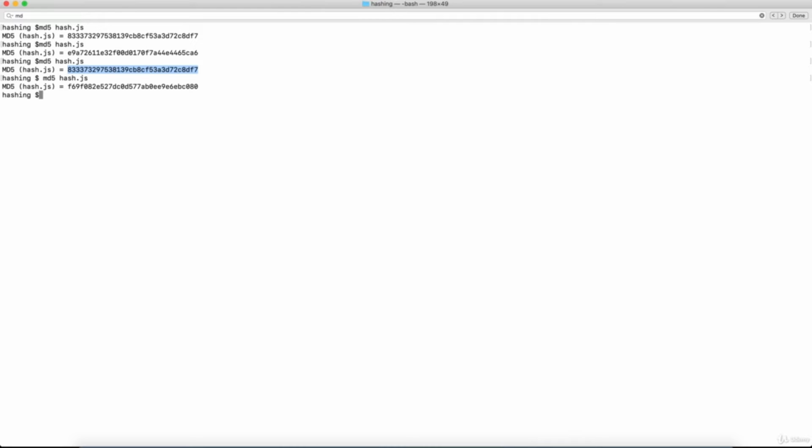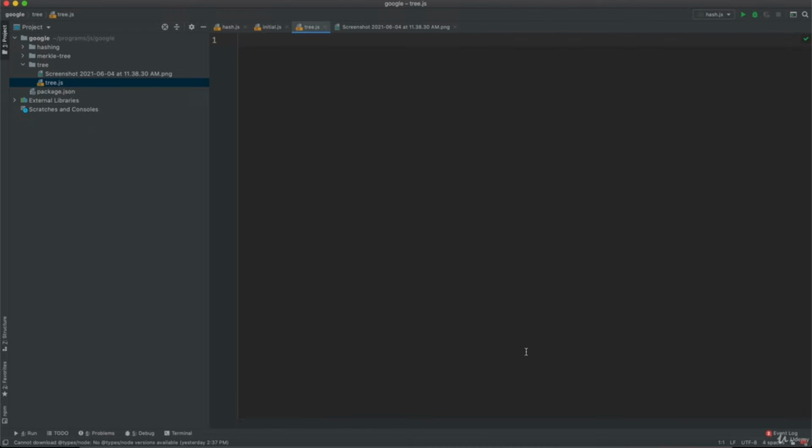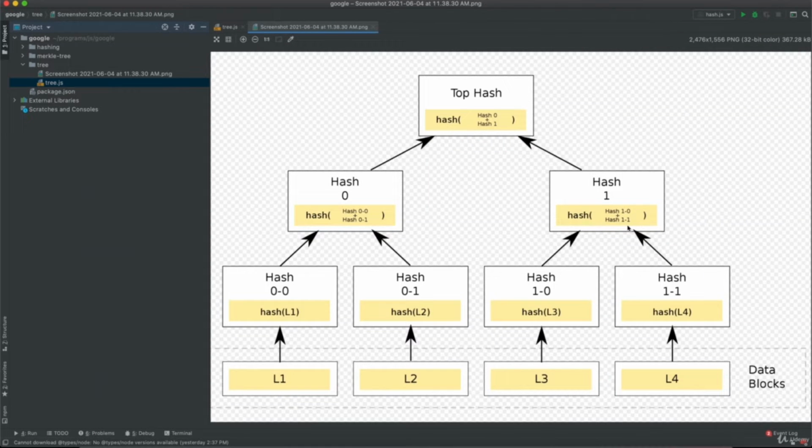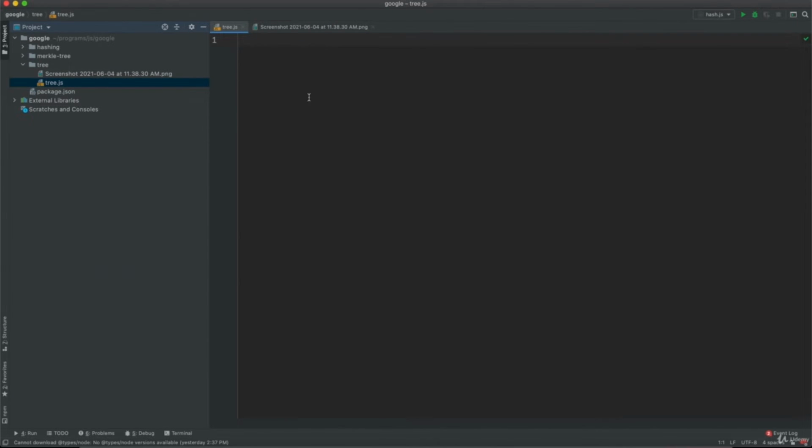Hello everyone. In this particular lecture, we are going to implement a Merkle tree. I've just created a brand new file in JavaScript called tree.js, and for reference, I have kept the Merkle tree in a pictorial representation so that we can write code by looking at this particular image. Again, this is an image that I got from Wikipedia. So let's get started. I'm just going to declare a class called